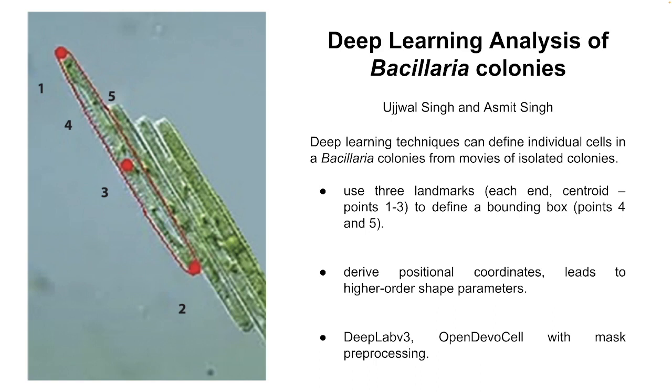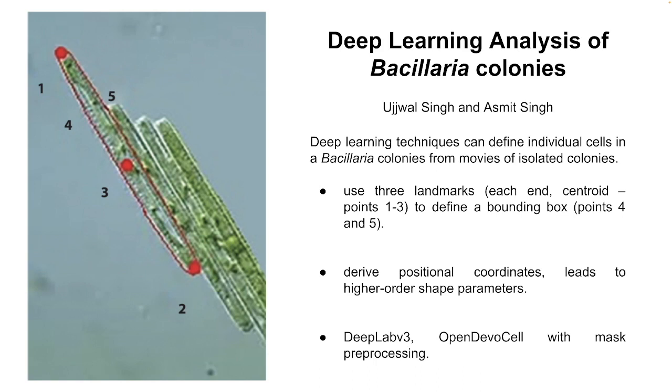We can use deep learning techniques to define individual cells in a Basilaria colony from movies of isolated colonies. And you saw the movies previously. We can isolate the colonies, and those are the best sources of data we have to look at these colonial behaviors, but we can also use videos that you saw where you have multiple colonies, you have some diversity. But in this case, we just use some isolated colonies, some very simple movements, smaller colonies, just so we can get a handle on the structure of these colonies, the structure of the cells, and place them in